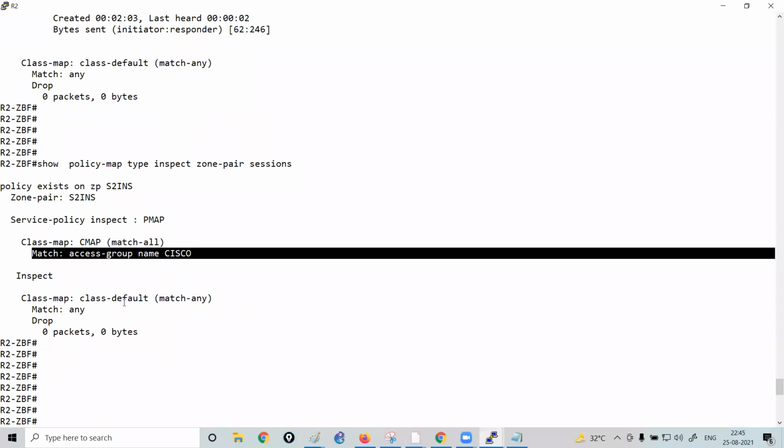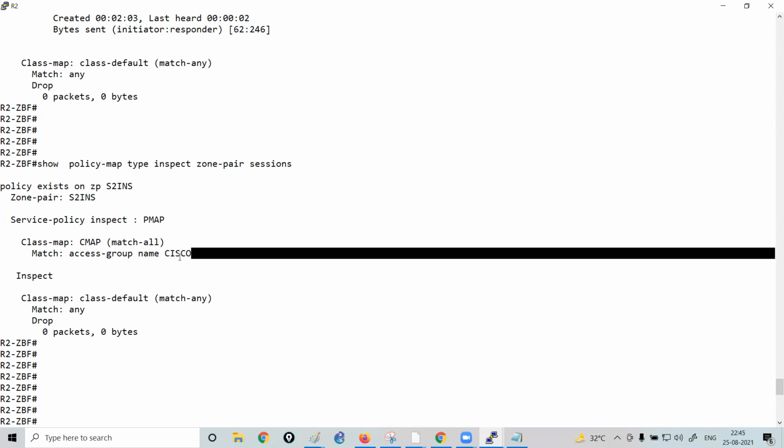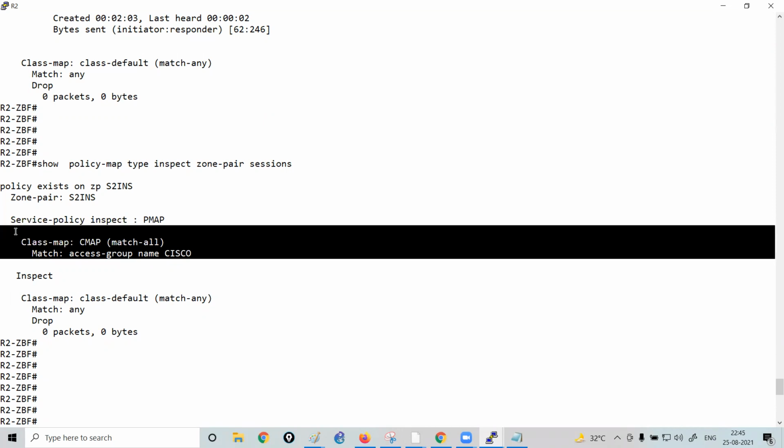Now, how does the class map with the name class-default come up? Whenever you configure a class map on the router, your router will create a class-default by itself. The router says that whatever traffic does not match the class map which the user has created will match with the class-default.